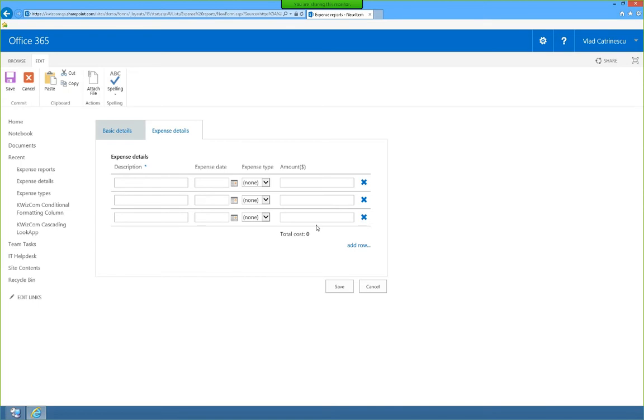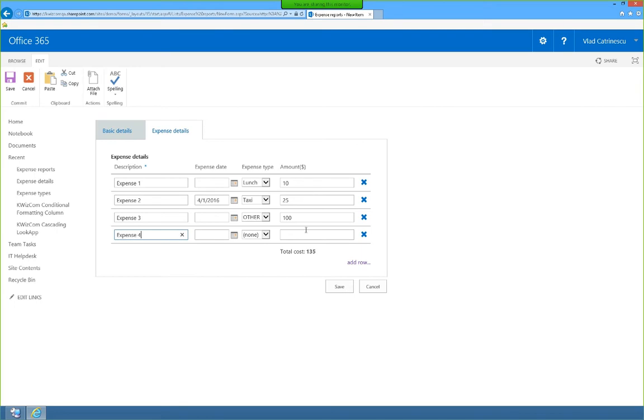And as you know, when we enter an expense report, we never have the same amount of fields, right? Maybe somebody has 5 expenses to enter, somebody has 1. Let's say we want to enter expense 1, expense type lunch, amount $10. We have a sum over here. Expense 2, enter an expense date over here, type taxi, $25. Expense 3, forgot a 3 over here, for other, $100. My sum is automatic, and if I need to add more rows, I can add another row over here,